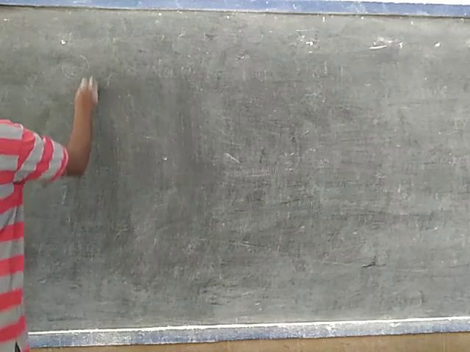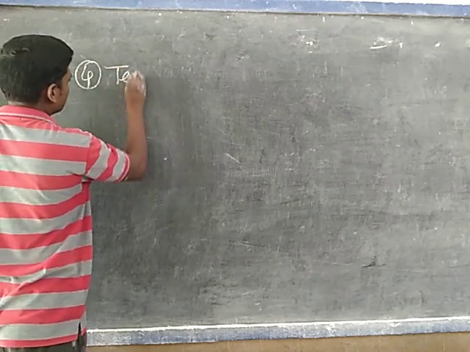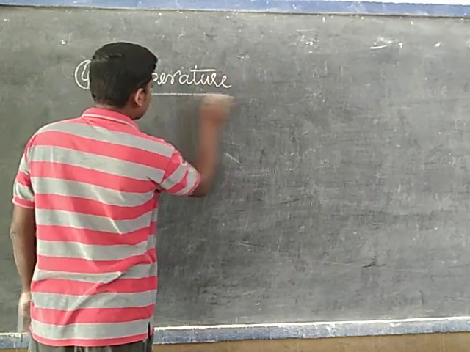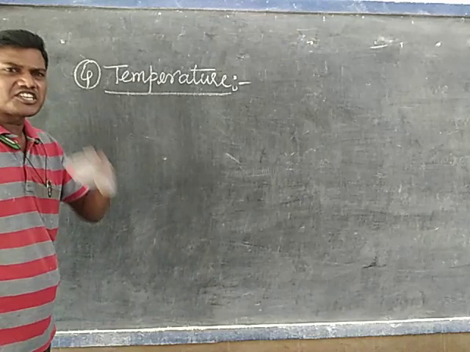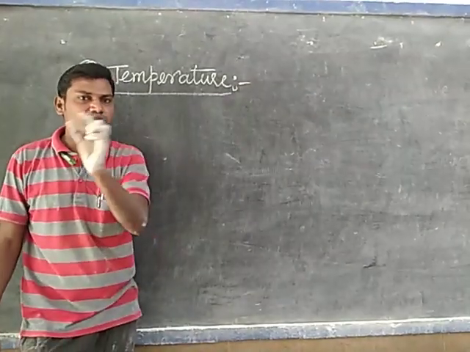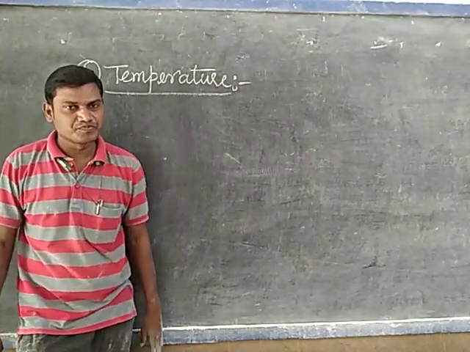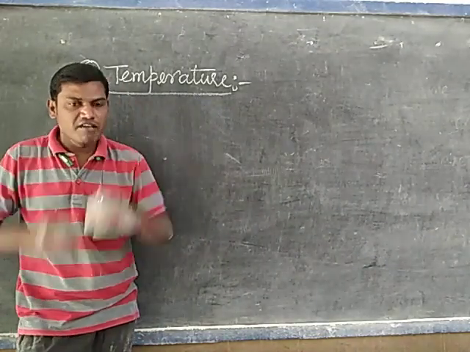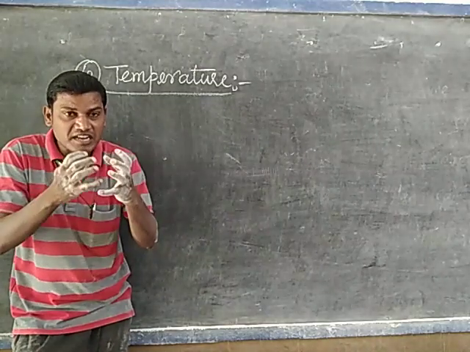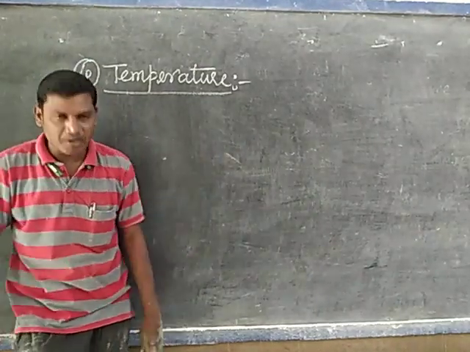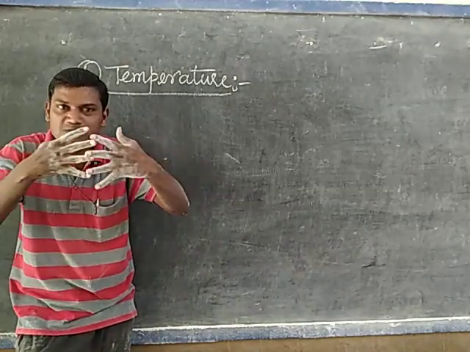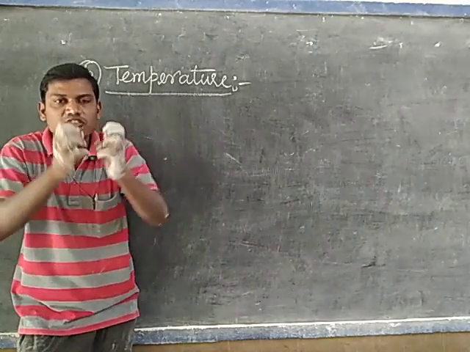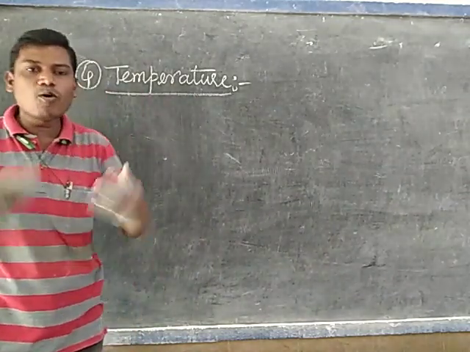Next, the fourth factor is temperature. If temperature increases, we know from the concept of temperature, which I clearly explained to you, that the kinetic energy of the molecules also increases. When the kinetic energy increases, the number of collisions increases compared to the regular way. If kinetic energy is more, the speed of the particles is more. When the speed is more, when they collide with each other, they transfer more heat energy.